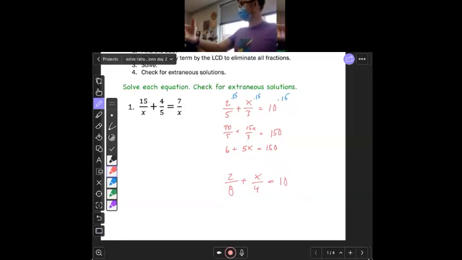So I would want to multiply everything by 8. If I don't recognize that and I still multiply by 32, the problem is still doable. You're just going to have more reducing to do later. So by finding the LCD, you'll save yourself a step later. If you just find any common denominator, the problem will work. You're just going to have an extra step at the end of reducing. Okay? So